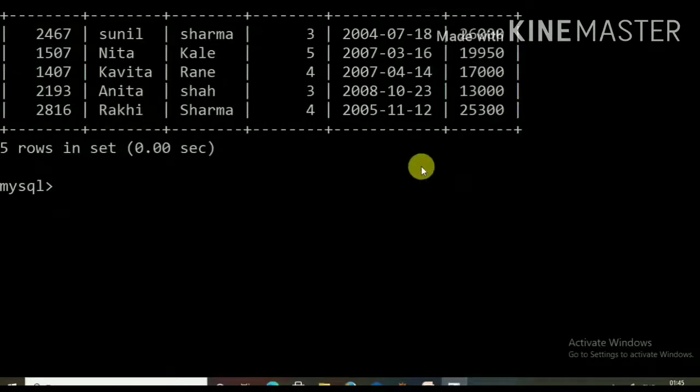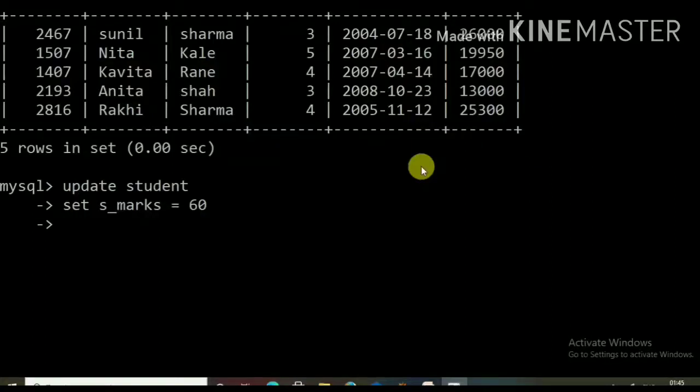So the command will be update student, that is the name of the table, set. The name of the column to modify is s underscore marks, to modify the marks of the student. The value to update with is 60, to make the marks 60.